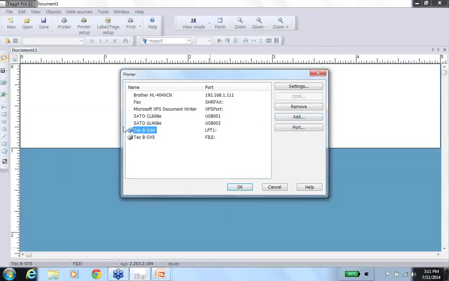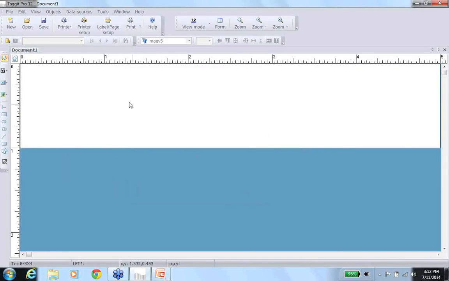So now you see the printer here. The icon beside it indicates that it is the software driver. The software is going to control this. This one right here, you can use this, but this is a Windows driver. So now that we've got that